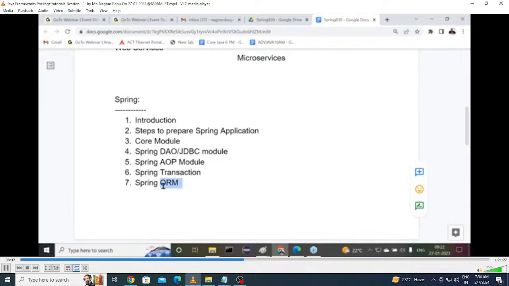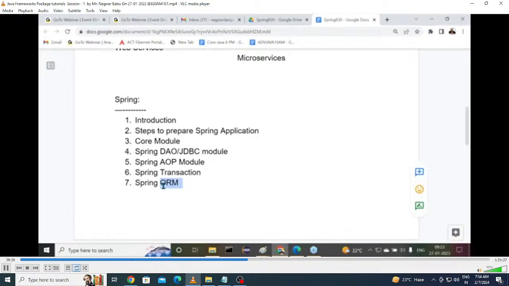Hibernate is one implementation of ORM. For ORM, so many implementations are available. One famous implementation is Hibernate. That Hibernate we are going to integrate with our Spring application. For integration purposes, we need some environment. That environment is provided by the Spring ORM module. Of course, that ORM implementation may be Hibernate, not only Hibernate. iBATIS may be available, OpenJPA is available and JPA is available. Any technology we can use to prepare our database related application, then integrate that application with our Spring application. For that purpose, we have Spring ORM, Object Relational Mapping.